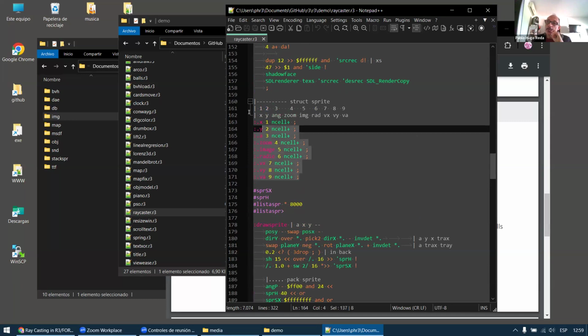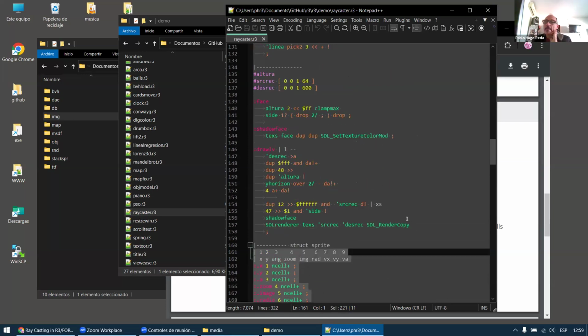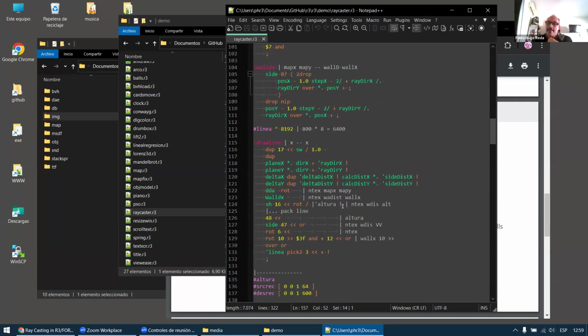This is the struct for sprite, not so important, where for every sprite I store X, Y, angle, zoom, where is the image, and so on. This draws the vertical line of the map, and this is the function of the SDL library, and this library takes from the array of horizontal lines. The array of horizontal lines is this, and when I